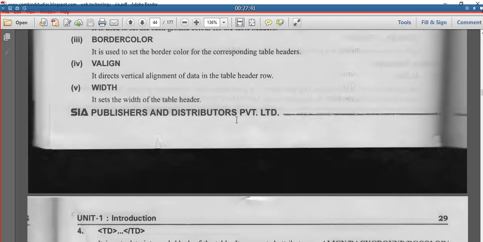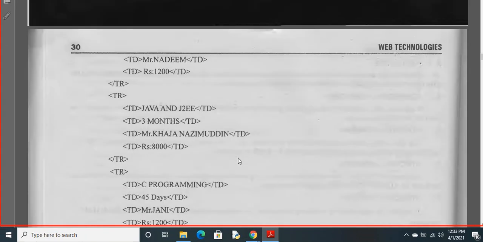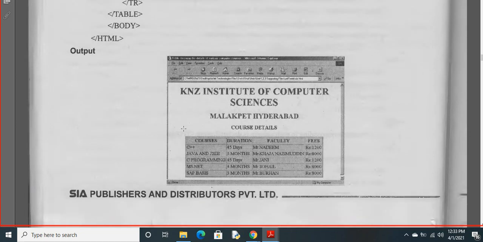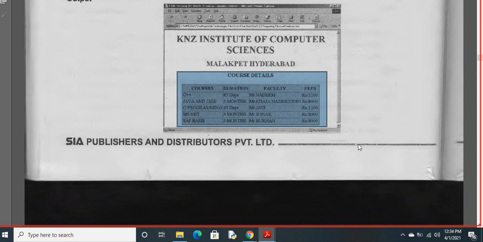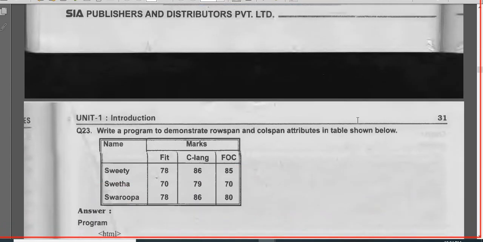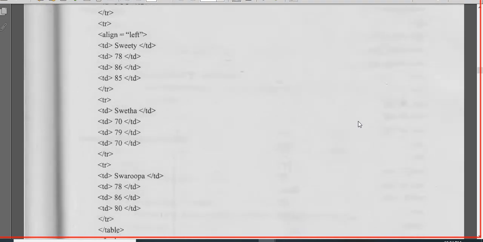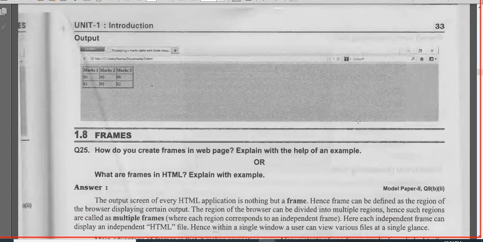So you tell me, if you have any doubts in unit 1, I'll explain the topics. If you have any doubts, you just tell me from table 1. So you just try to create a table. Already I asked you to create a table, but no one has replied to me. Now even today we have finished unit 1, so try to create a table and try to create a web application, web form, the student application form. Choose your own details and try to create a web application form and create a table. These are two things which you have to do. Here you have all the examples.